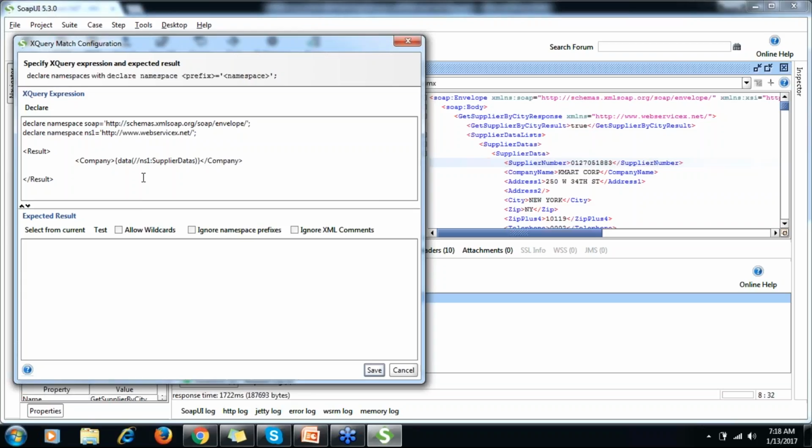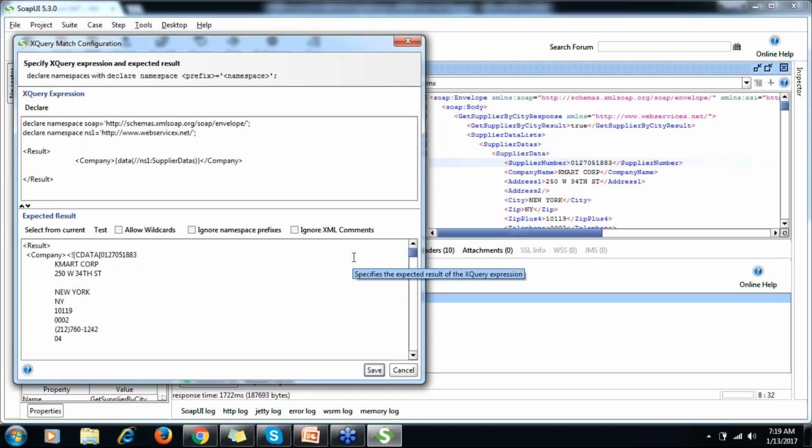Let me check what it returns. If I click here, what I get, team, is the tag result, whatever I gave, company, and all the company names you are getting here, Kmart, Coop and everything. Every piece of information in your response, we are getting it all.